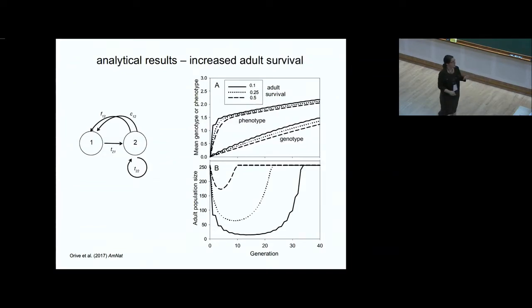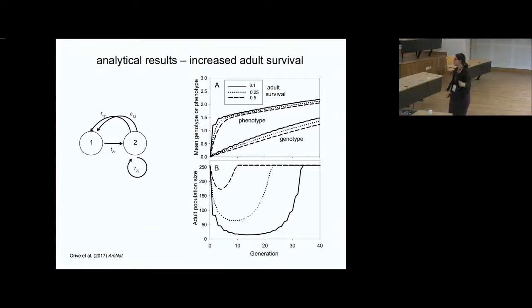It's the same thing where we started at 0 and the optimum's at 3. They all go to 3. They just take a long time to get there, but they get there. And as you add more and more adult survival, it's slower and slower and slower. This should make some sense.